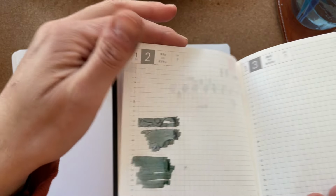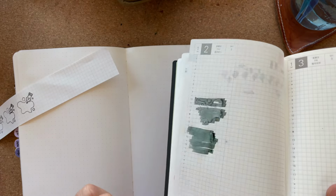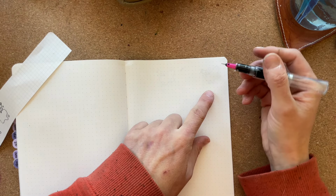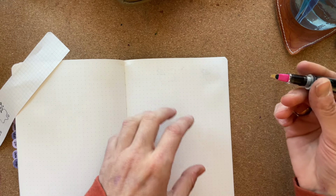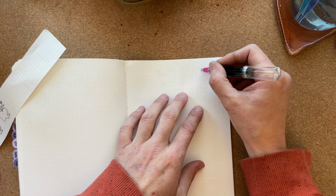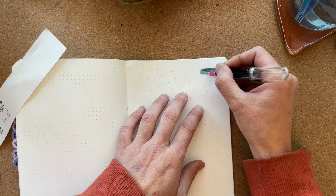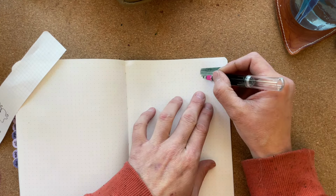I'm actually less concerned with how the front looks than how the back looks, because that is the surprise. Oh, what happened here? So here, okay, that's weird. So usually with the